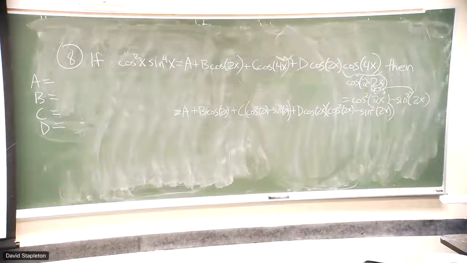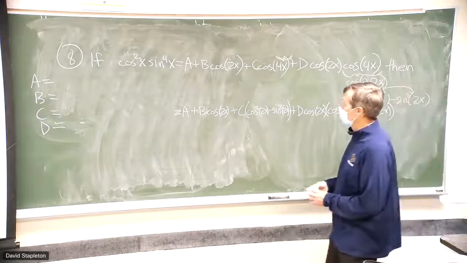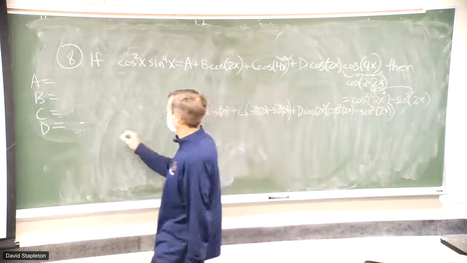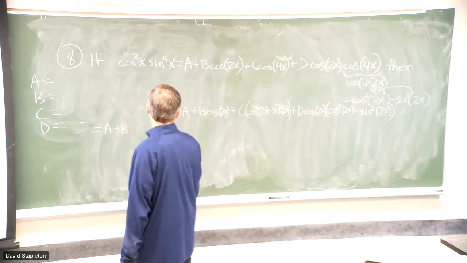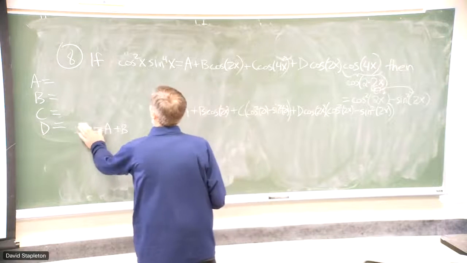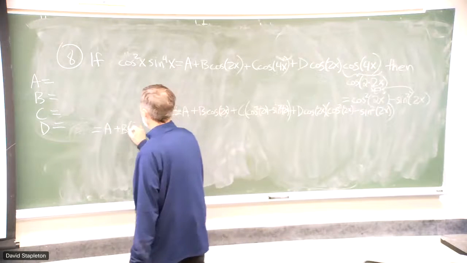Now I've got all double angles, right? And I've got to get this down to single angles, cosine to a power times sine to a power, right? So how can I do that? Well, now you can use your double angle formulas to get them down to single angles, right? So I can write this as a plus b times, let's see, cosine 2x is cosine squared x